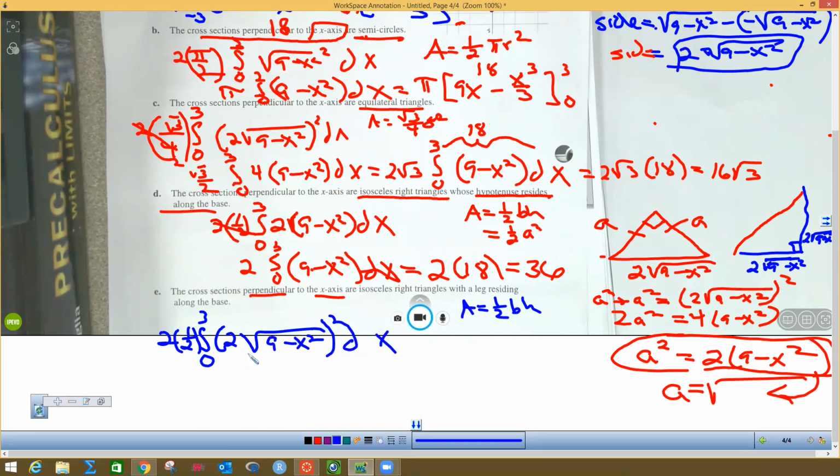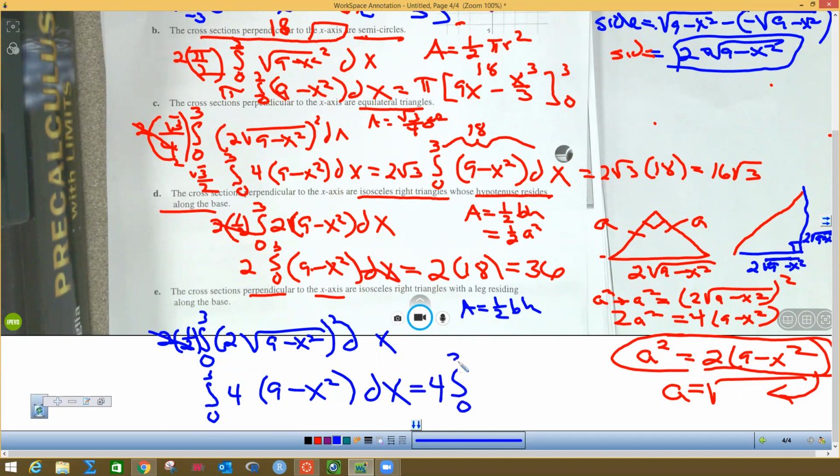So I'm going to square these two things. So I got integral 0 to 3. I square 2 and get 4. I take this part out because it's in a square root and I'm squaring it. And I got this. Then I'm going to move this 4 out in front